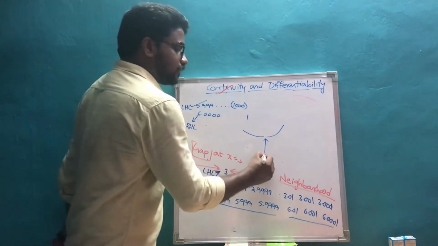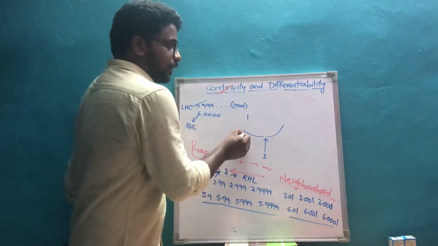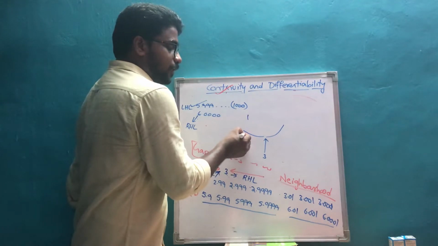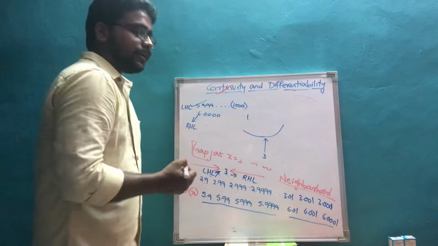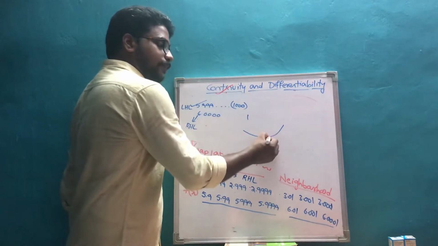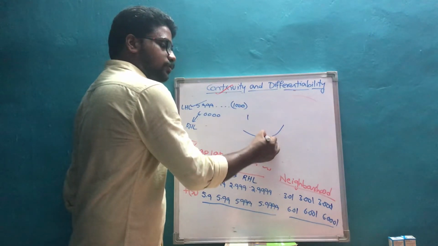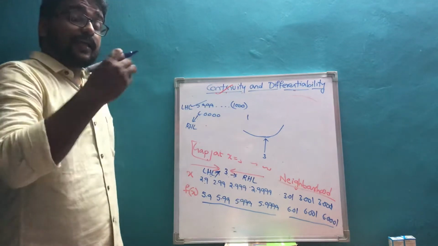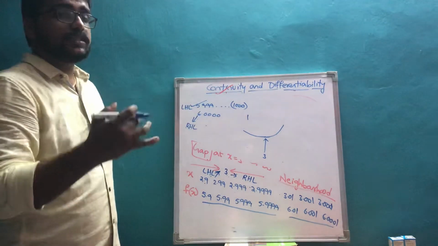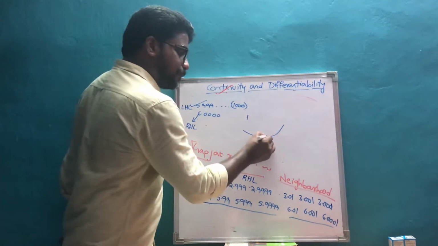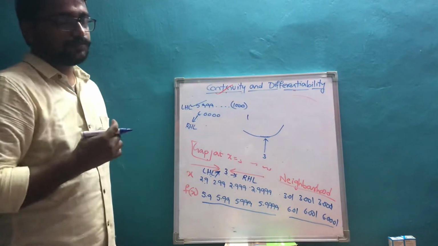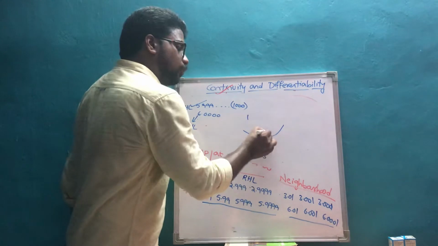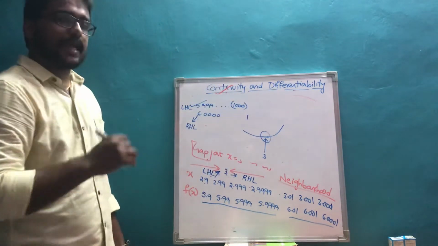Let us say this is the point 3. From the left side you are approaching 5.999, 5.99999 like that. Similarly from the right side 6.000001 and so on. At an infinite number of samples there is a chance for us to bridge this gap completely, and you can say that the function is continuous. So our whole idea here is to bridge this gap.